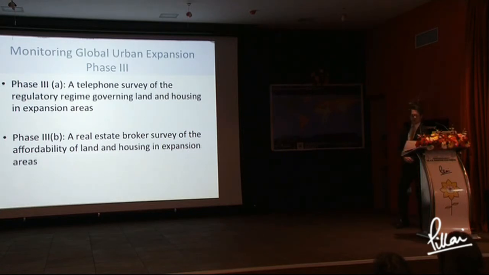So how are we going to do this? We have 200 cities. We need information on hundreds of variables for each city. So let me tell you, I live in New York. And one of the wonderful things about living in New York and about working at New York University is that we have actually been able to find people from each of the 200 cities in the sample who we can hire to call these cities on the telephone. So we're recruiting these people to undertake a telephone survey of these places. And we're piloting this right now at NYU with students from Kenya, China, India, Mexico, and the United States. So this is a wonderful thing about this.